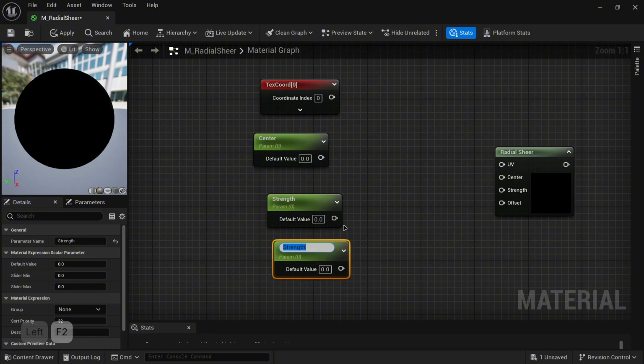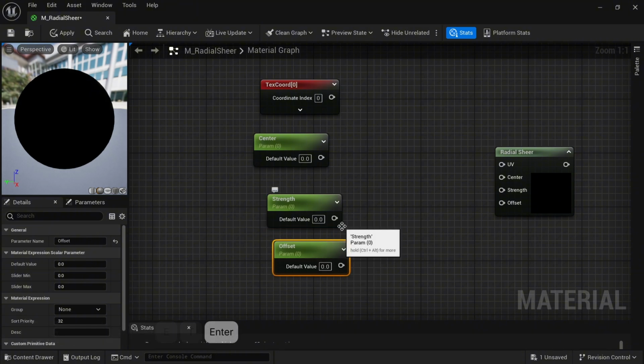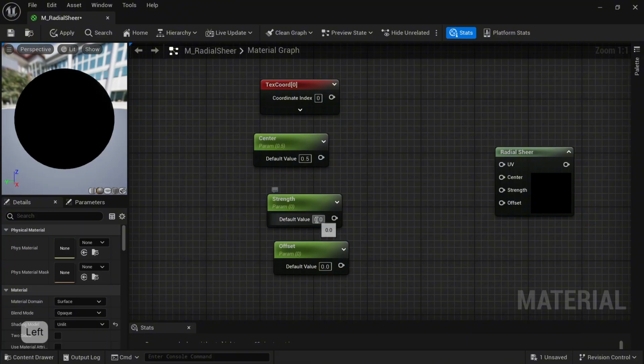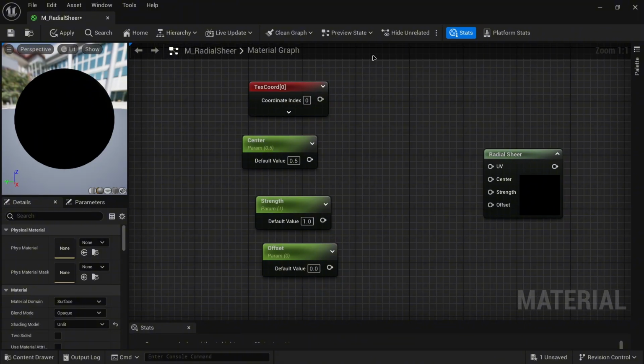And rename this one to offset. For center, we just need a 0.5, for strength, 1 is fine, and for offset, 0 is okay. Now let's plug these into the radial shear node,